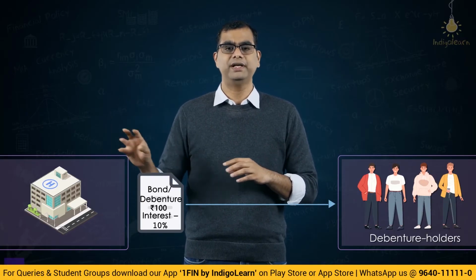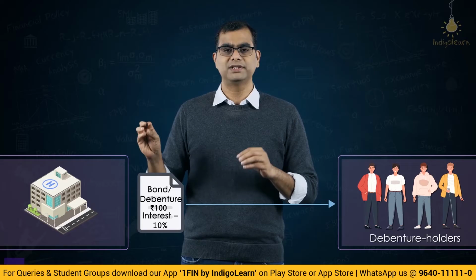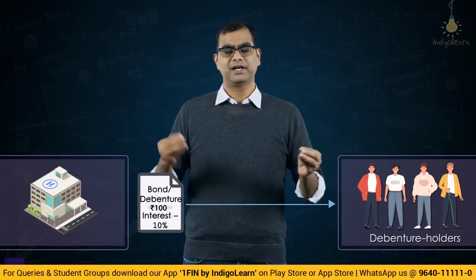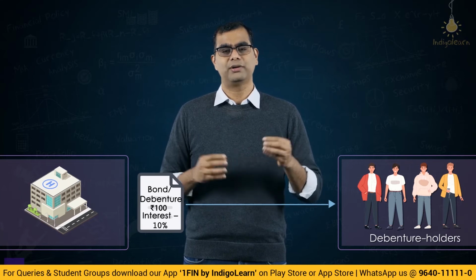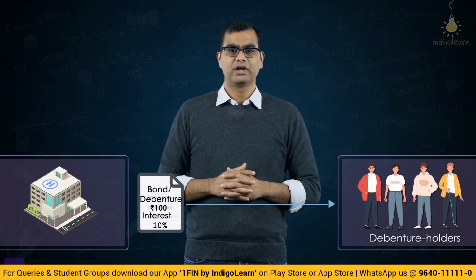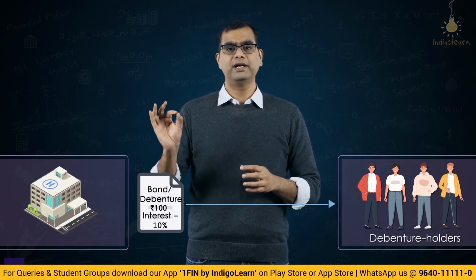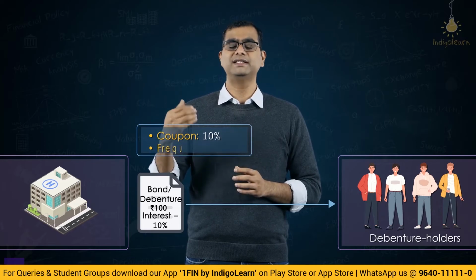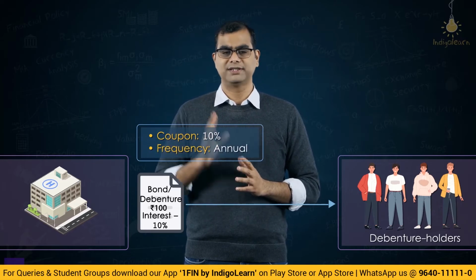For that particular company, if it had to borrow from a bank, it would be 10%. So it has issued some debentures to some debenture holders, and they have subscribed to this company's debenture issue or bond issue, whatever you want to call it, and they are getting paid 10% per annum. Now in this case, the coupon is called 10%. Coupon is 10%, and the frequency, let us say, is annual. So interest is paid only once.